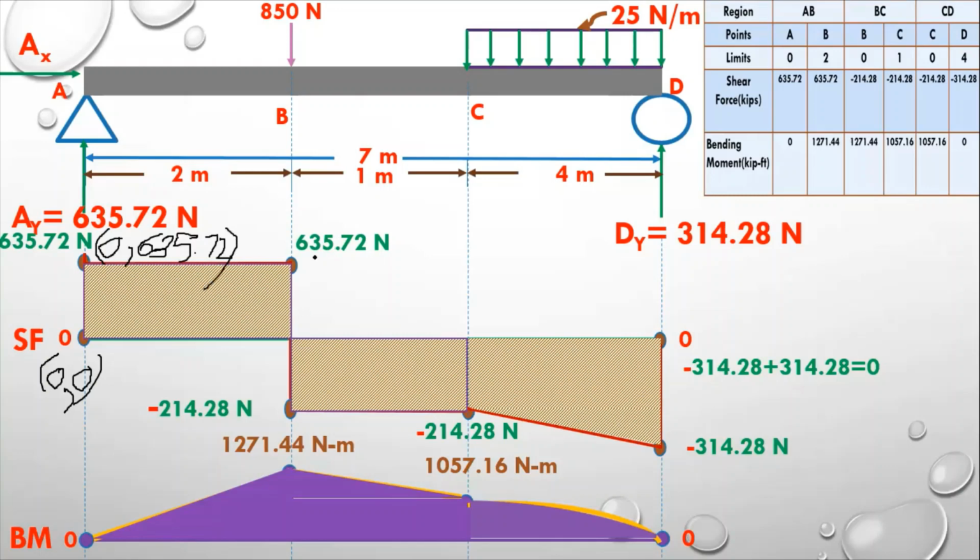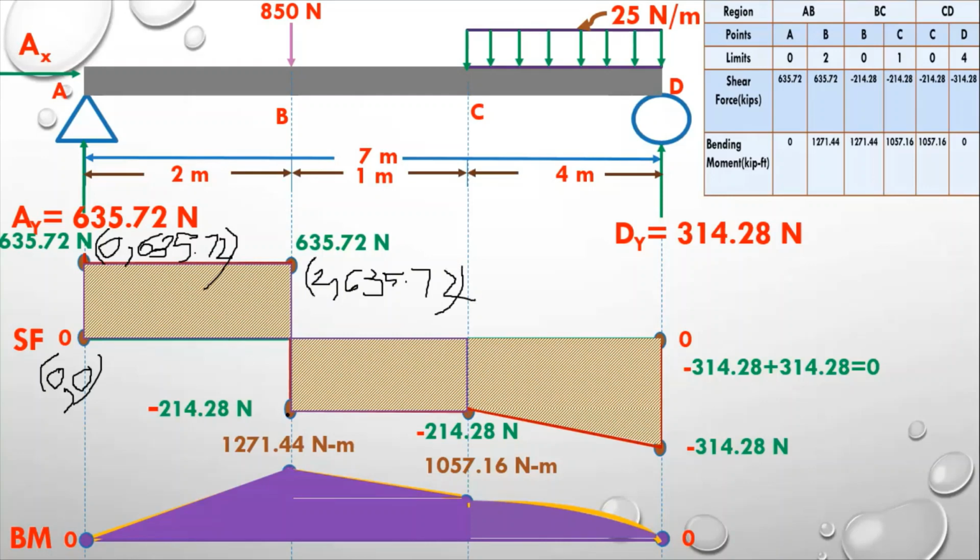The next value is where we have covered 2 meter length, so the value of x will be 2, and the y value should be 635.72.